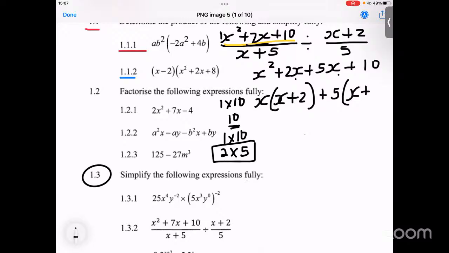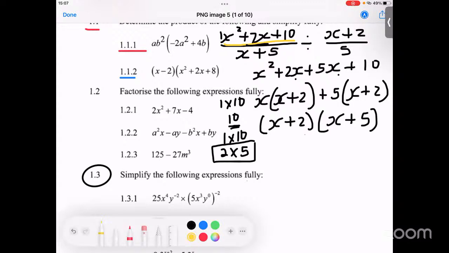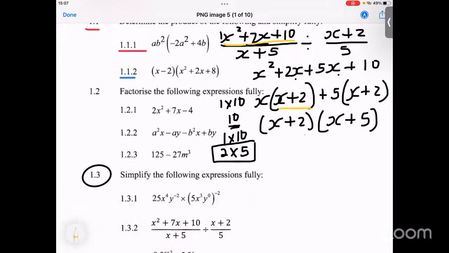Yes, x plus 2. Yes, can you see? Then now you can nicely factorize it and say you take out that as a common factor and then you remain with that. That's how you factorize, honorable member. So can you see, for you to know that you've done it correctly, that's if this inside the brackets is exactly the same,